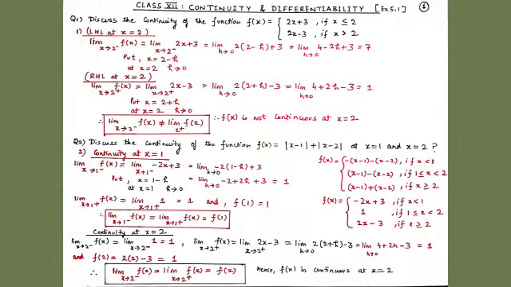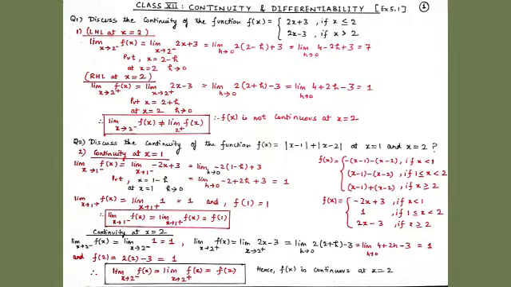And now we will check whether our function is continuous or not at x equal to 1. So first we will take the left hand limit, which is equal to limit x tends to 1 minus f(x), and this is equal to limit x tends to 1 minus. So when x is less than 1, our function f(x) gives us minus 2x plus 3. So here we will put in place of x, 1 minus h, that is we will subtract a small quantity. So student, here when x is equal to 1, h approaches 0.